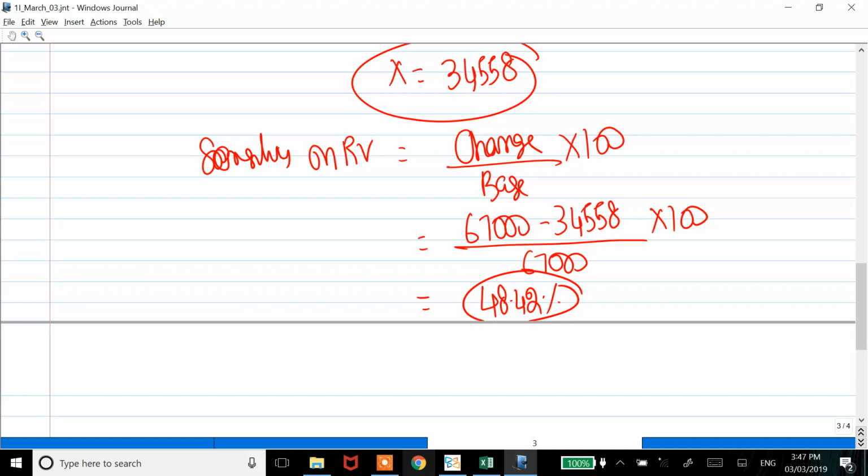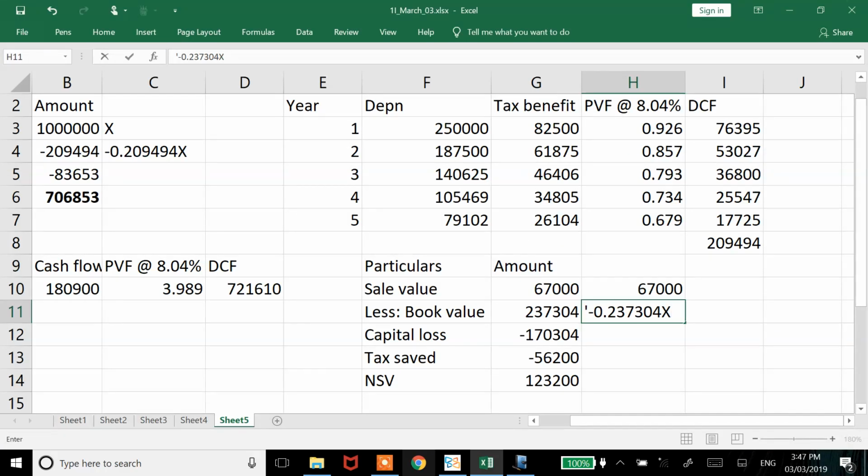Let us assume the initial cost to be X. Next point, the company had an original cost of 10 lakhs, and the present value of depreciation benefit was 209,494. Full stop. If the cost is X,